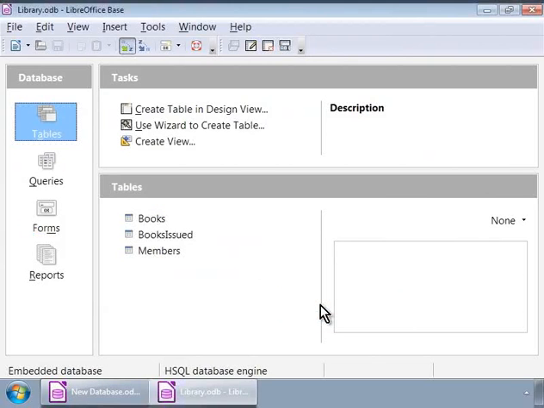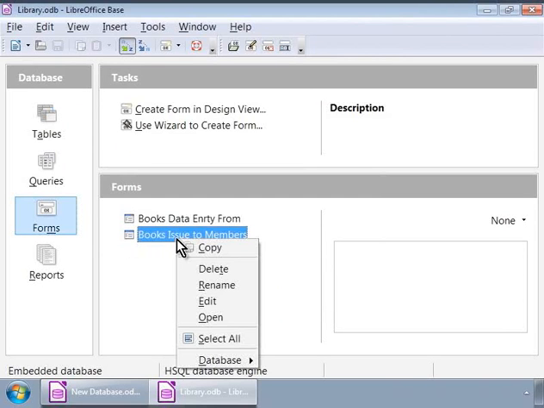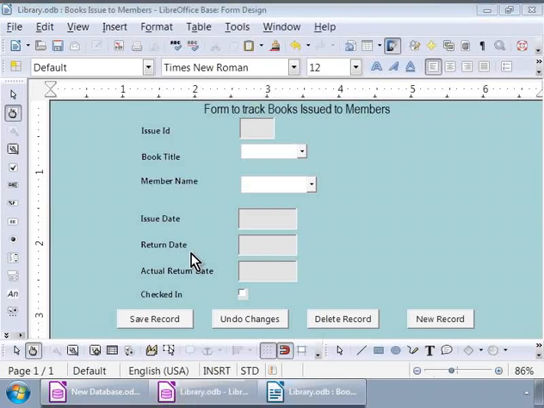Now we are in the library database and we will open the Books Issued to Members form. To do this, let us click on the Forms icon on the left panel and then right-click on the Books Issued to Members form on the right panel. And then click on Edit.